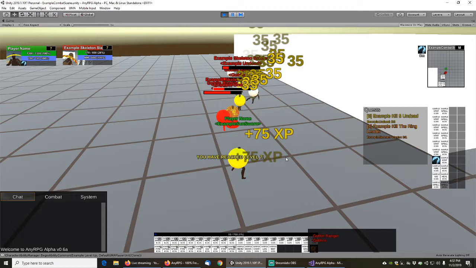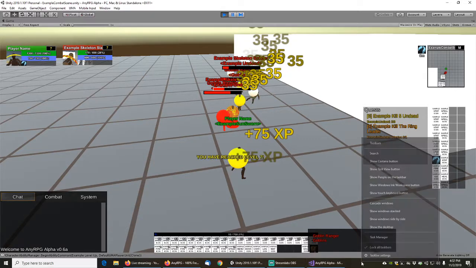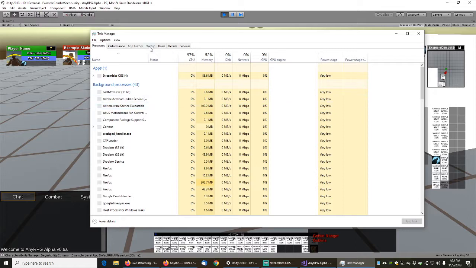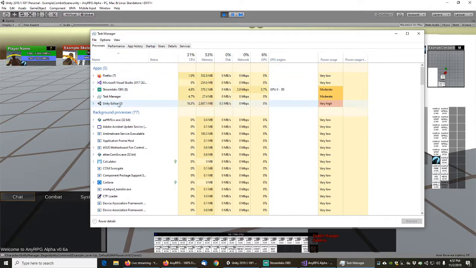Like completely freeze it up in an infinite loop. So let's take a look here. If I look at my task manager,